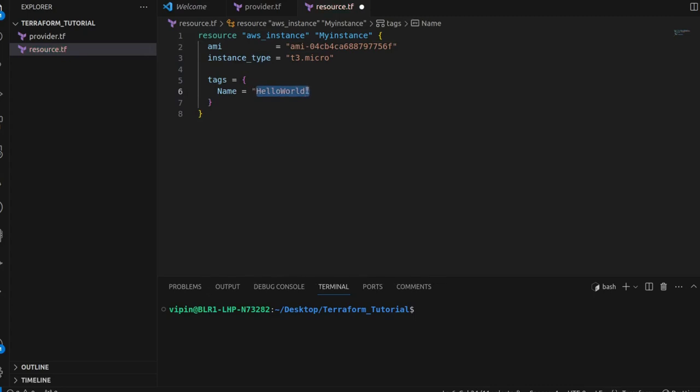Let me change it. Like prod-web. Okay, so I have changed it. Now let's save this file. Okay, I saved this file. Now we are done with writing our Terraform script to create the EC2 instance. Make sure you have installed Terraform and AWS CLI on your system